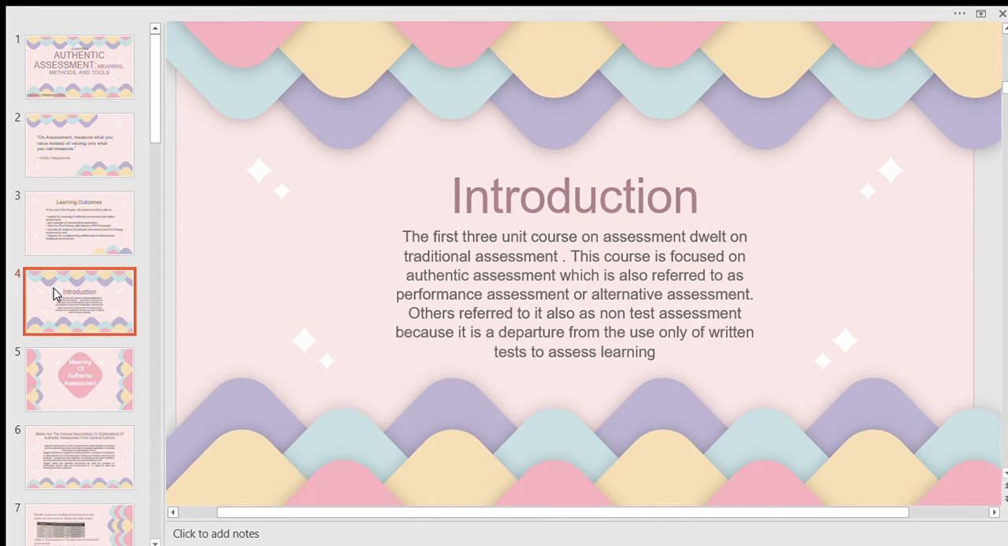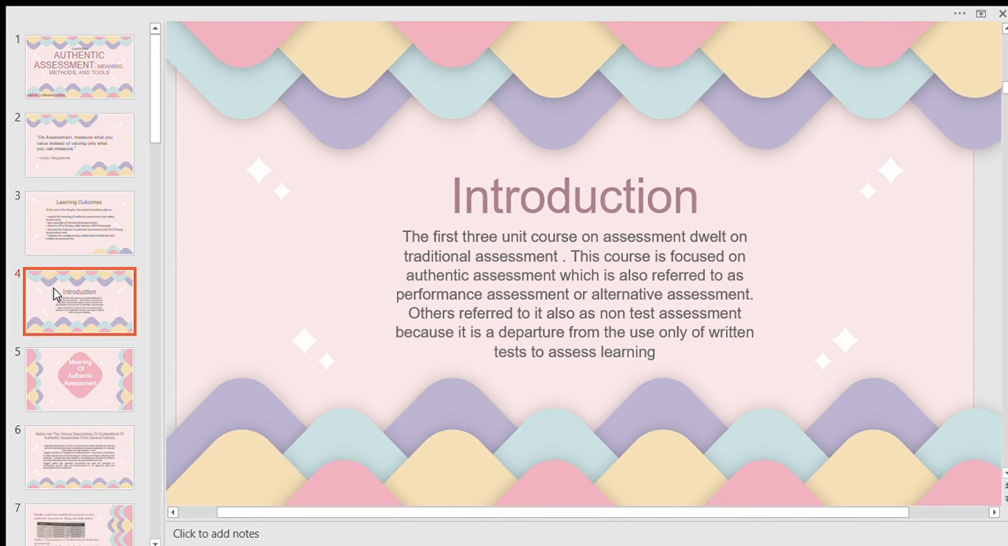The first three-unit course on assessment dwelt on traditional assessment. This course is focused on authentic assessment, which is also referred to as performance assessment or alternative assessment. Others refer to it also as non-test assessment because it is a departure from the use only of written tests to assess learning. So this chapter will focus on authentic assessment, which is a form of assessment that evaluates kung